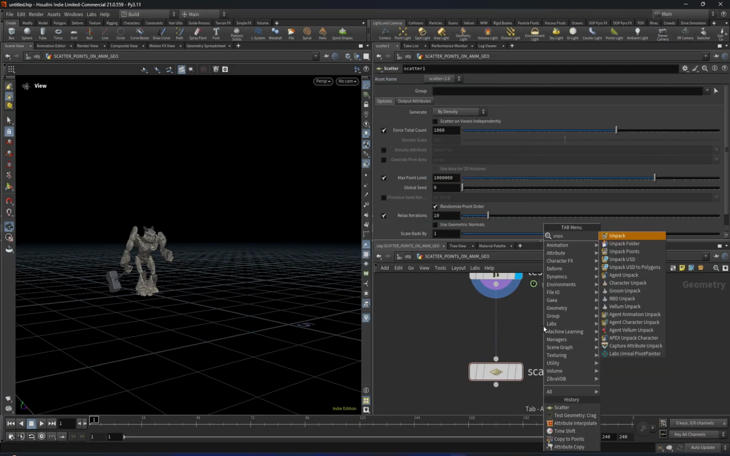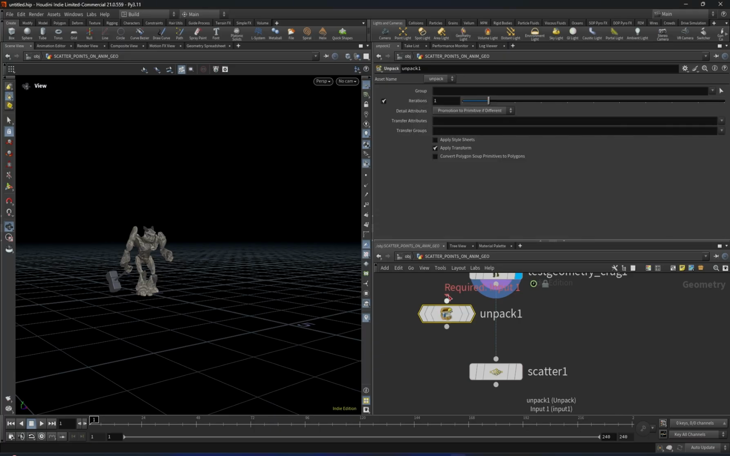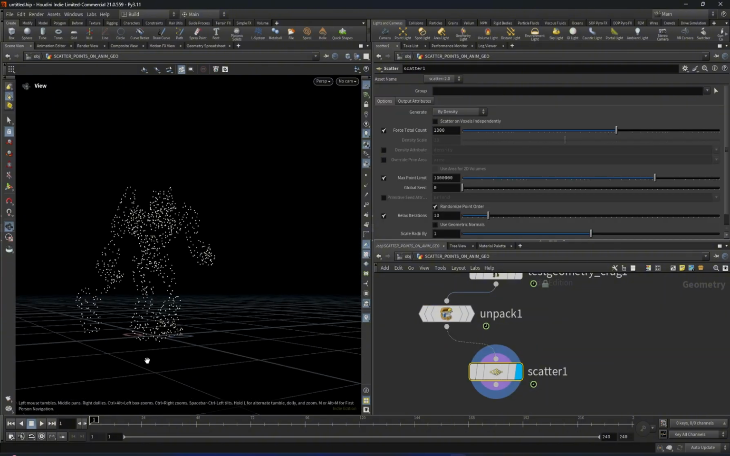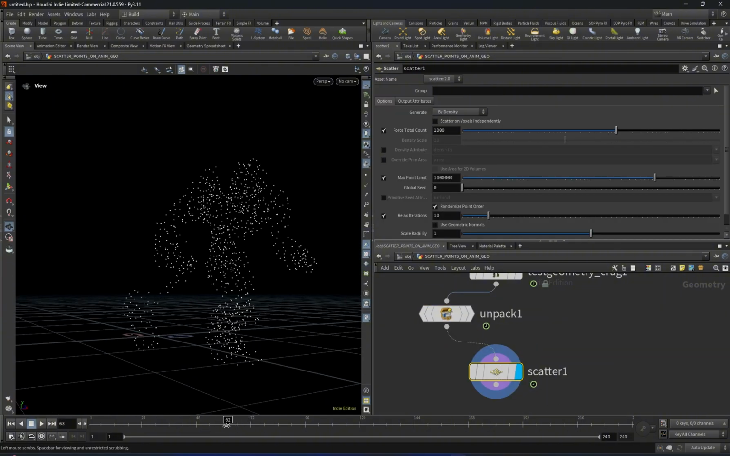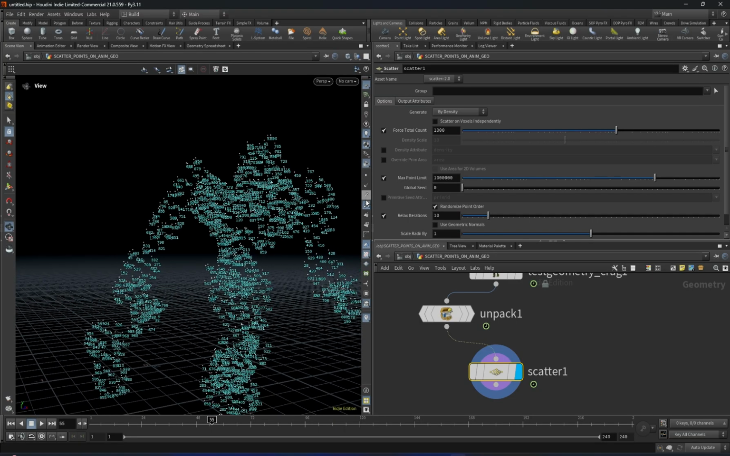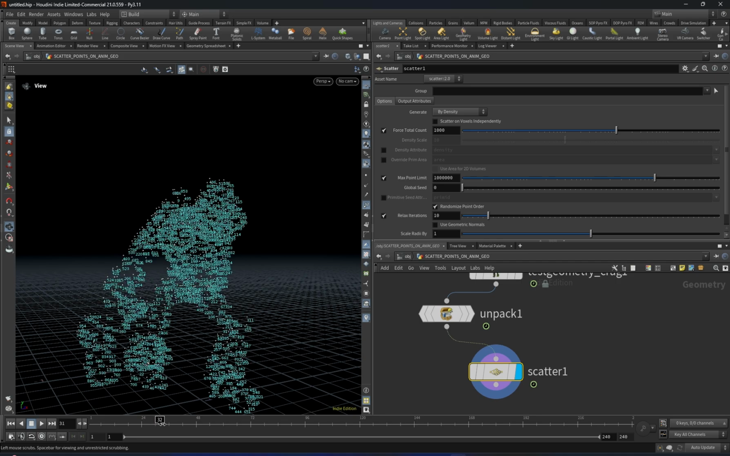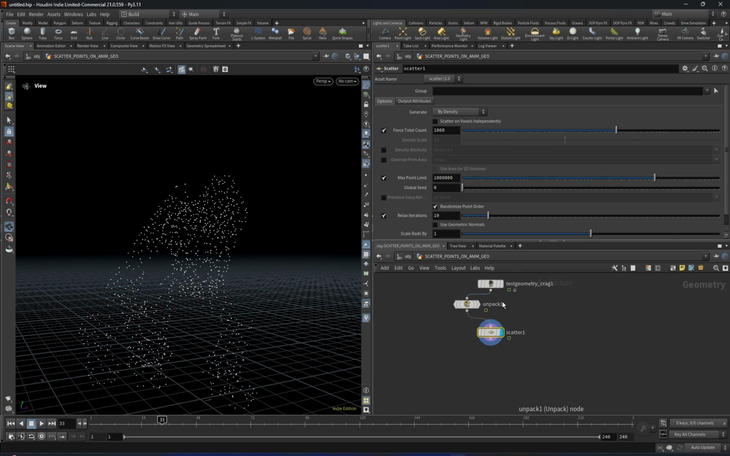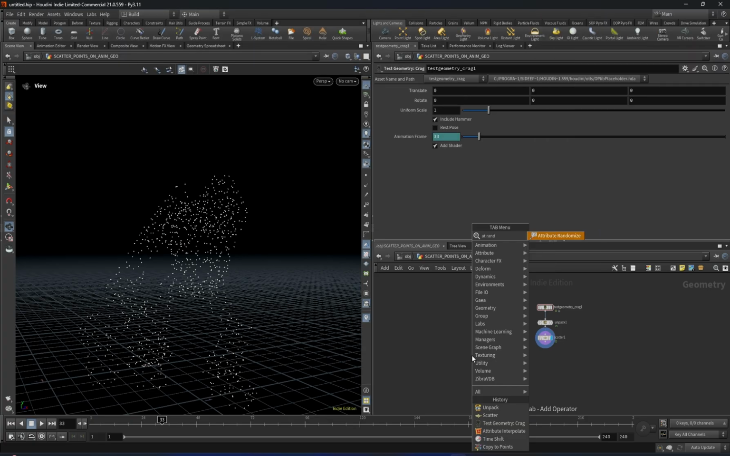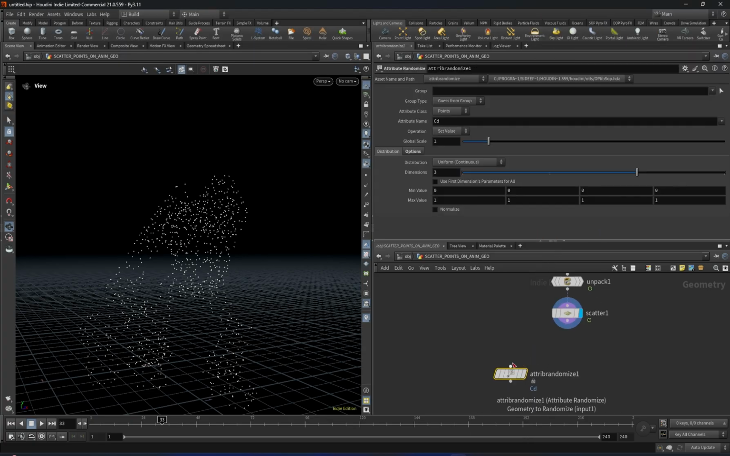We'll see nothing. So let's first unpack this. As soon as I unpack, I can see more points, and when I scatter this now, I can actually see points changing. To make it look better, if I turn on this point number, you can actually see the point numbers changing. And to make it look better, let me create attribute different colors